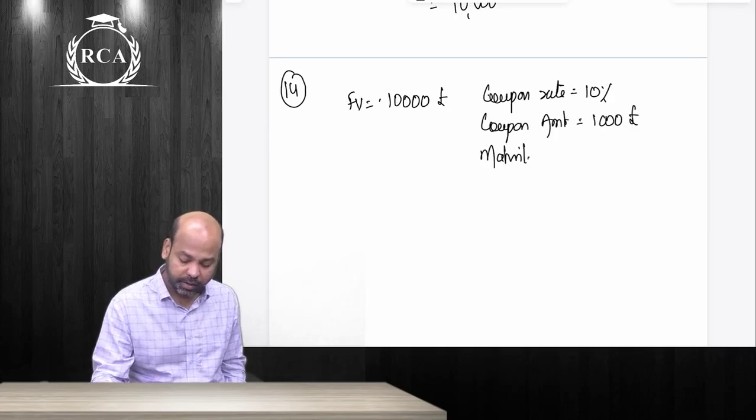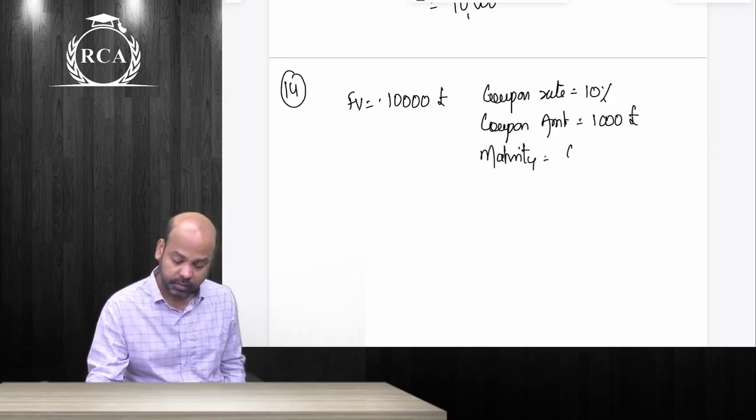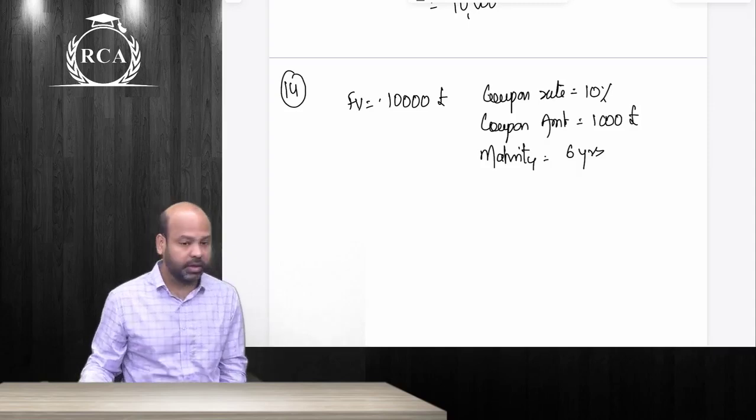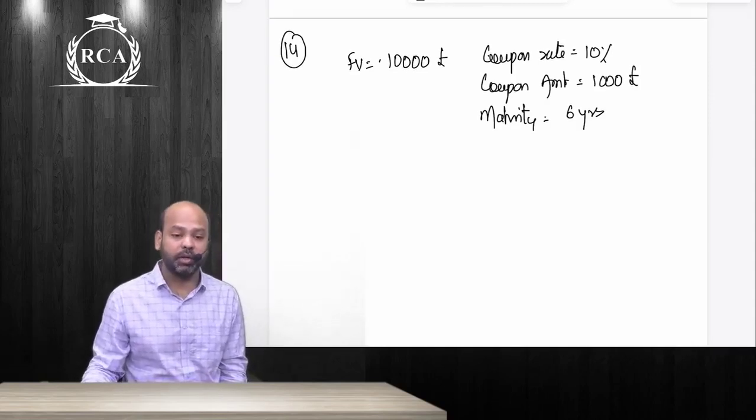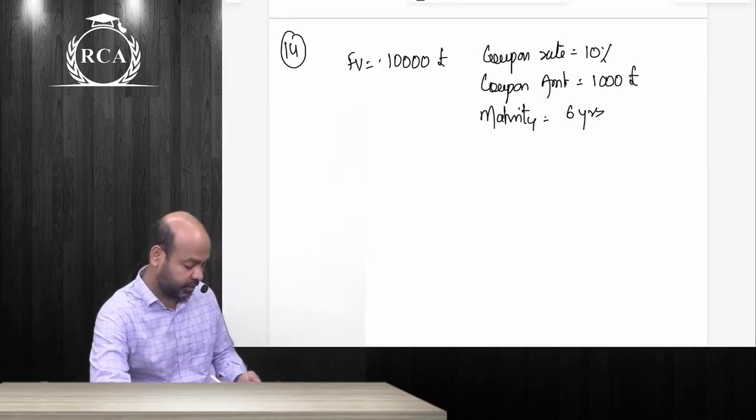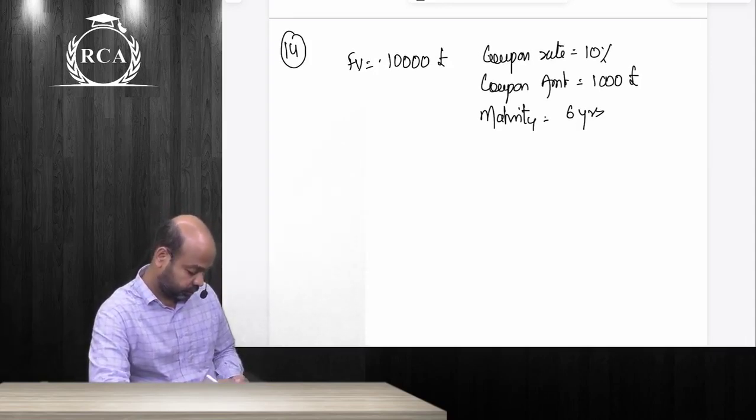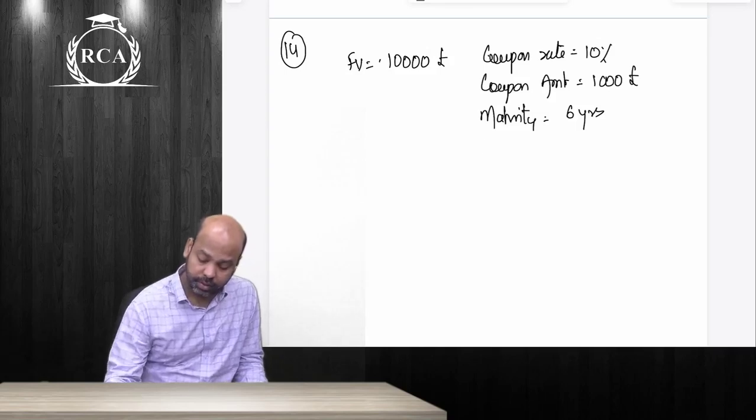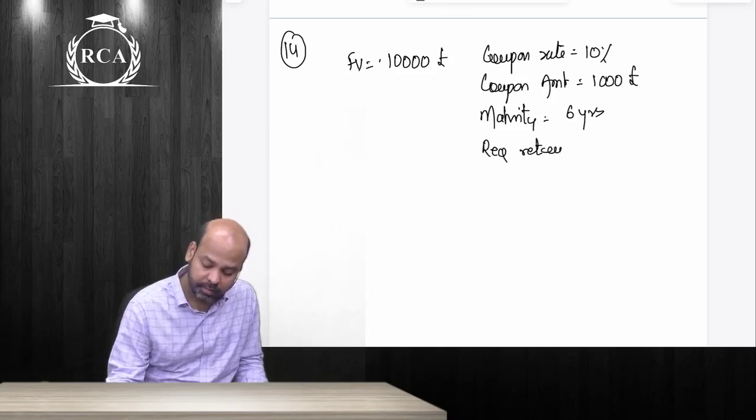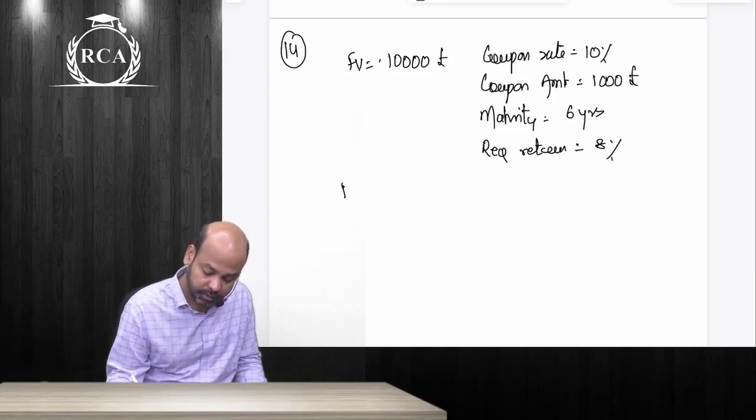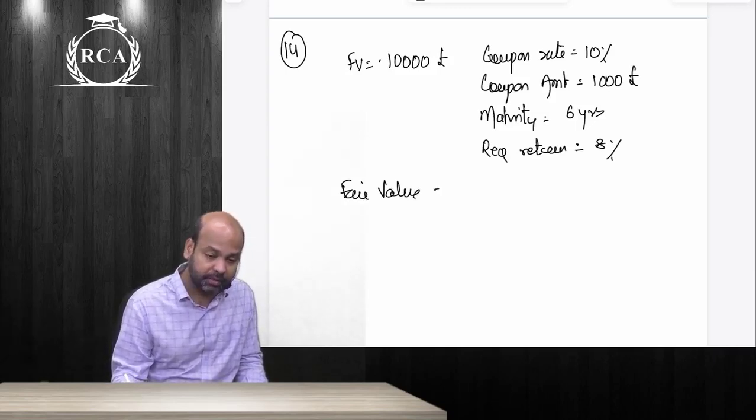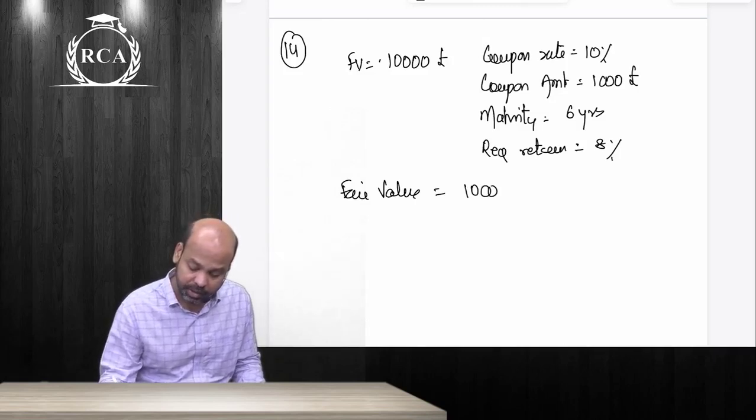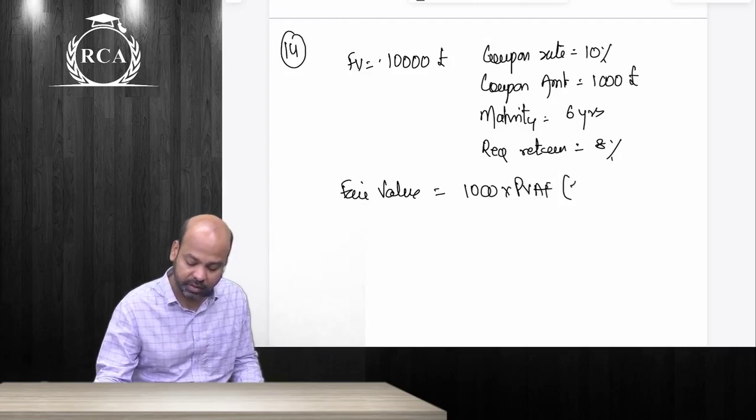Maturity of these bonds is 6 years. Face value 10,000, coupon rate 10%, coupon amount is 1,000 pounds. Maturity is 6 years. Required return, what is the prevailing rate? 8%. What will be the fair value of the bond? The maximum price that you will be willing to pay is £1,000 multiplied by PVAF at 8% for 6 years plus